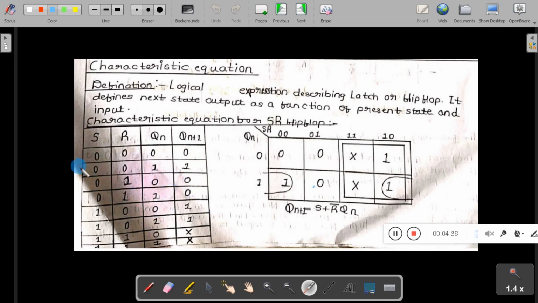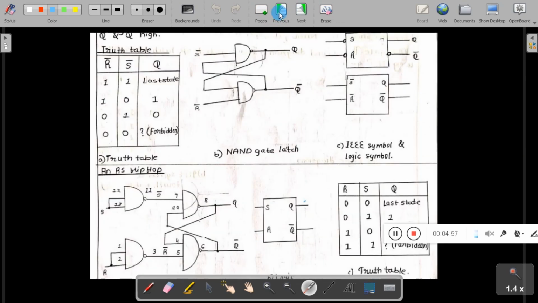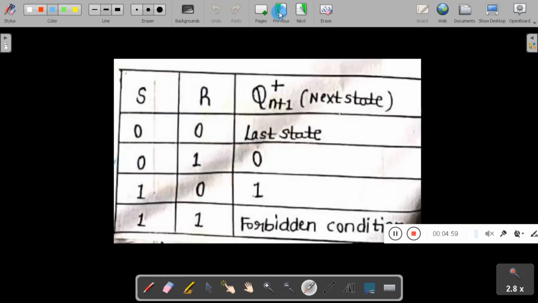Now we will see when both S and R are 0, we know the next state is nothing but the last state only. So we'll take you to our old slide. When S is 0 and R is 0, the next state is the last state only.